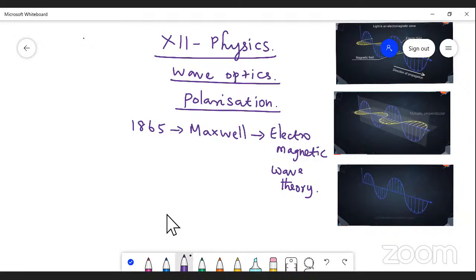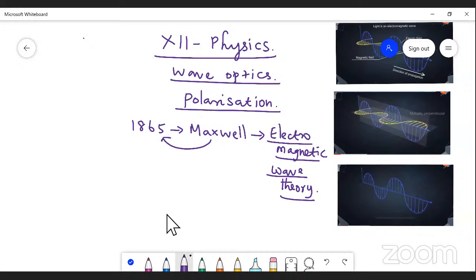Electromagnetic wave theory is one of the theories of light. It was proposed by James Clerk Maxwell in the year 1865. According to this electromagnetic wave theory,